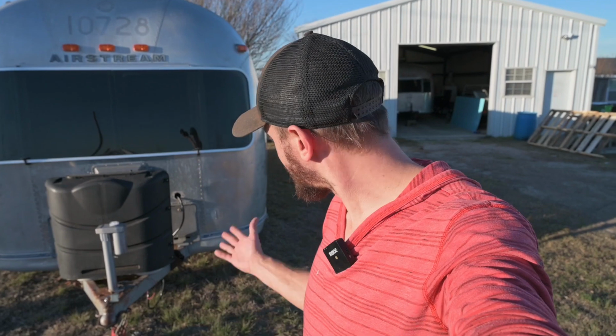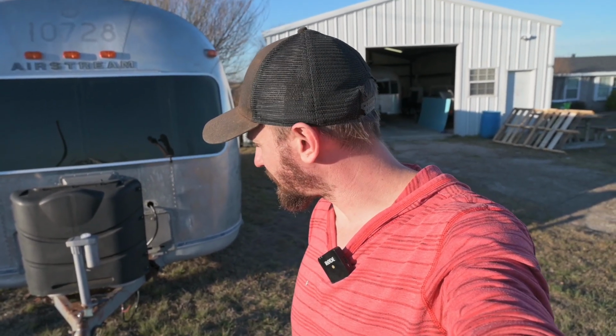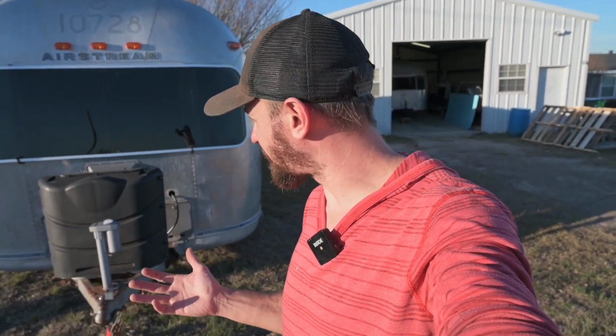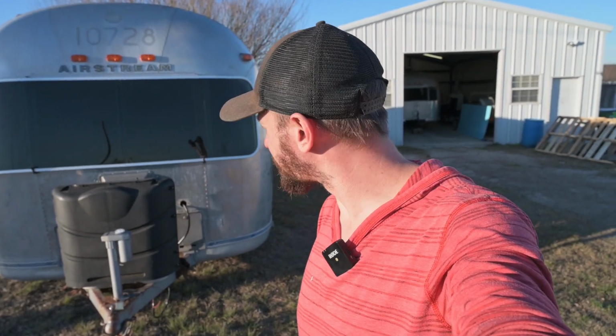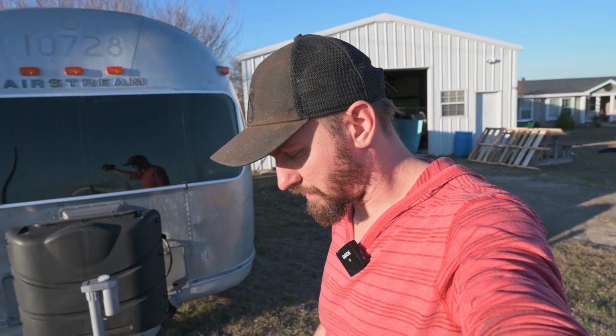So Airstream number 2 has arrived. Last night when it showed up, the sun was already setting, so we weren't able to continue filming. But it is here, and so we're going to do a little walk around and check it out. I don't know everything I'm doing to it quite yet because Mark, who's the owner, has some other stuff that he wants me to do, so he's going to come over here, not today, but in the future, and we're going to go over everything and figure out for sure